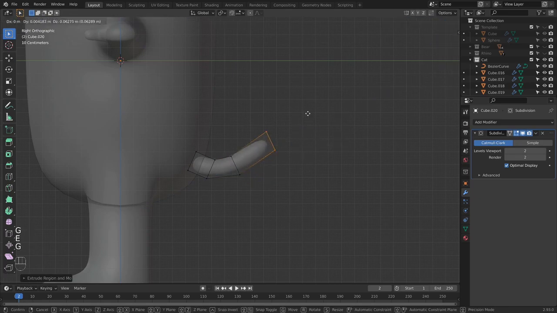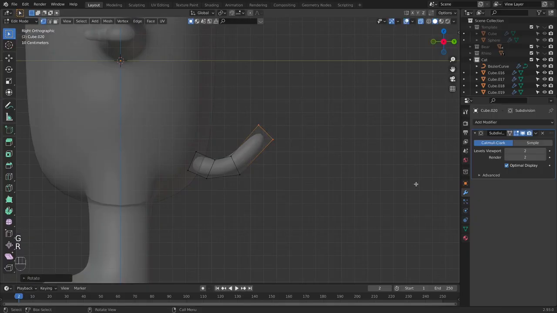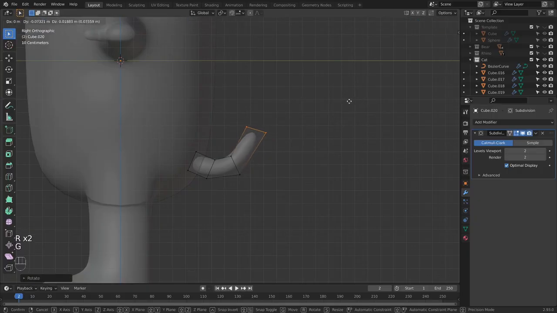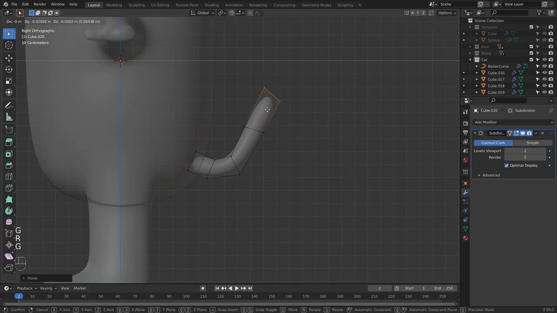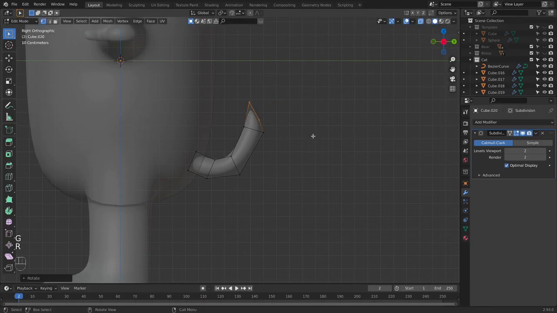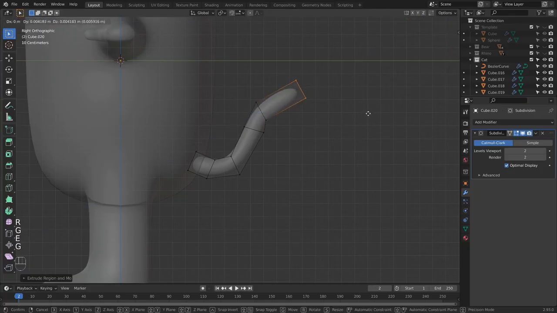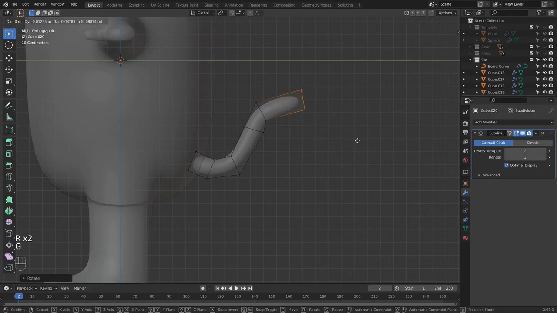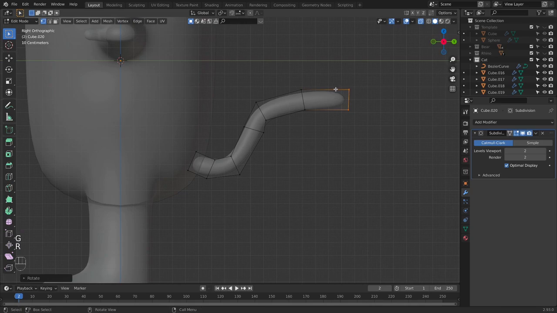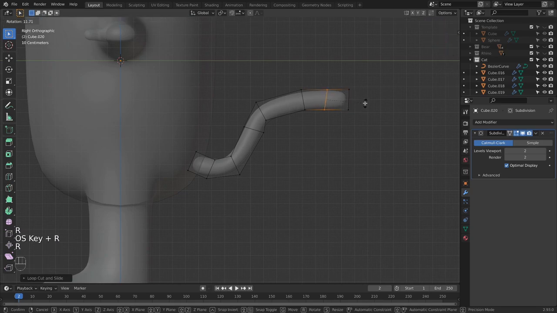I'm going to extrude a couple of times. Let's go and rotate as well. E to extrude. Now we can rotate on the other side, or actually I'm going to go and rotate here, E to extrude, like this, and let's extrude it one more time. I'm going to extrude it like this, and we can go and add one more edge loop here, and maybe